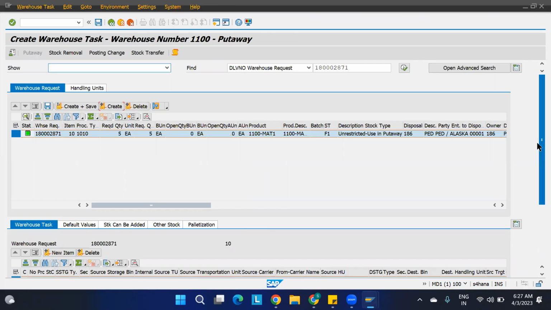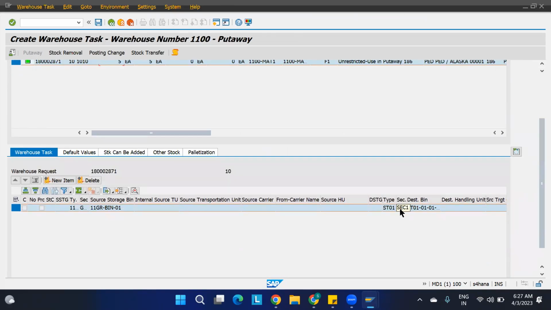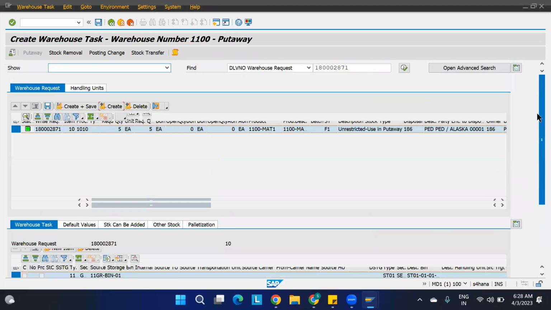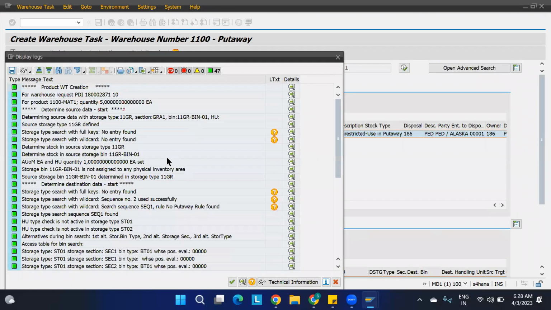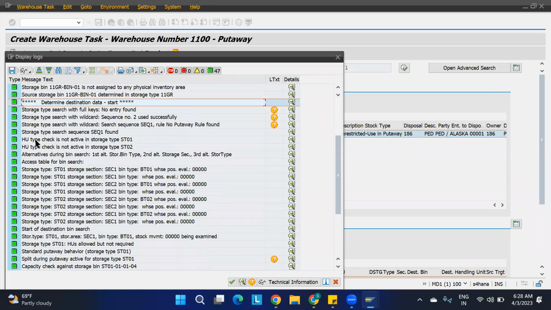Okay. See, it is finding section 1. It should be section 1. Okay. So it is going for some bin because all the bins are involving bin type 1 only. So if you see the log, the message log, it will tell the determination of the destination data. See, we have HU type, it is there, but HU type check is not active in the storage